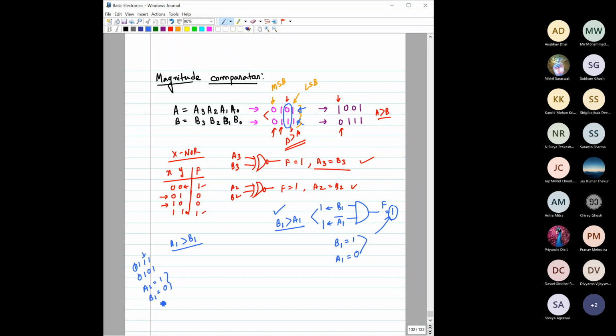Yes, sir. Definitely A1 is greater than B1, no? Right? So how do you check this? A1 B bar, right? Okay. And how will we get it? A1 B1 bar, right? So here, if you just think about these two, for each bit we have to compare